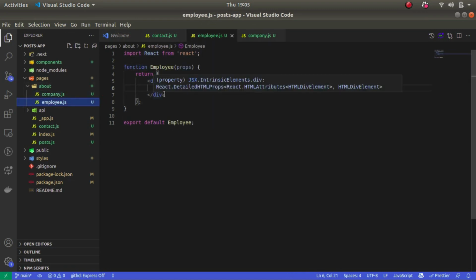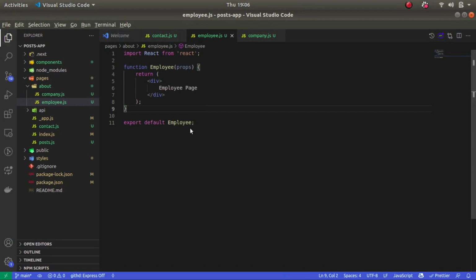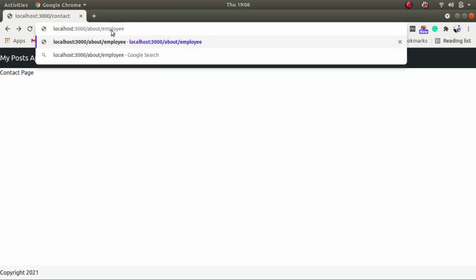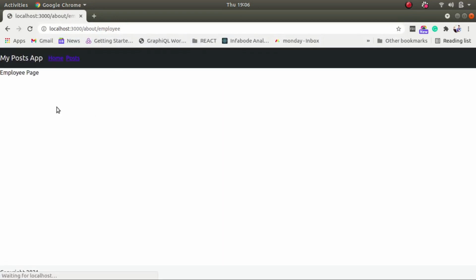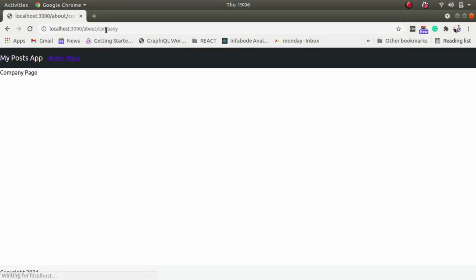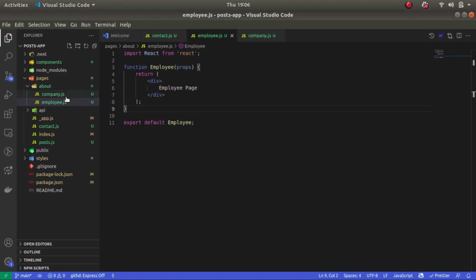Both components are created. Now let's go to our browser and type here about/employee and see. So we have created our nested route successfully. Likewise, if you want to see company, then you can navigate to about/company like this. So we have the employee page rendering from here and the company page rendering from here, and both pages are inside the